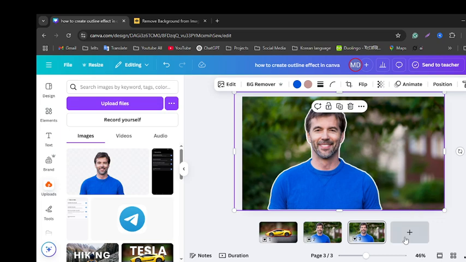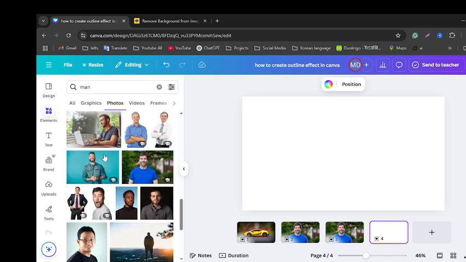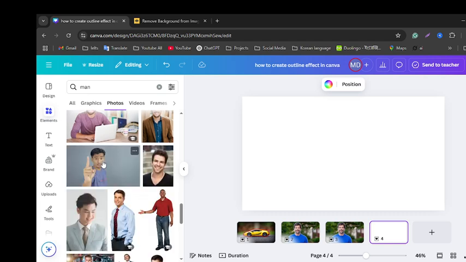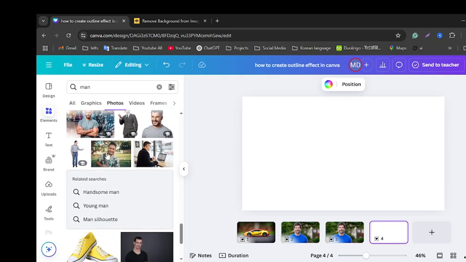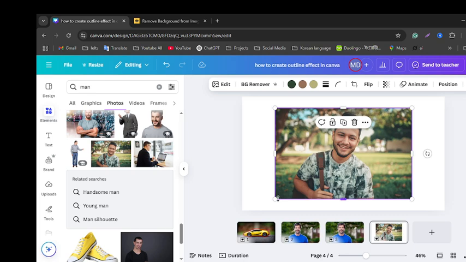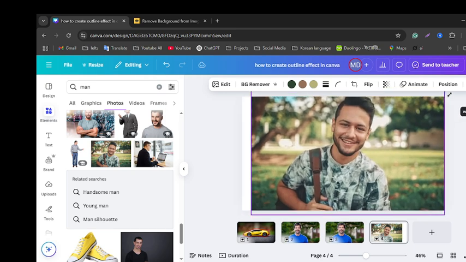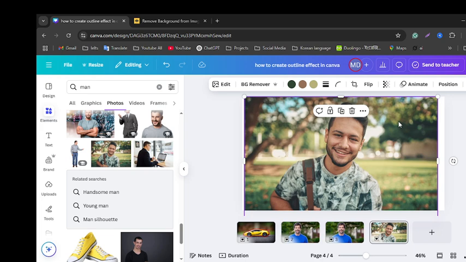Let's create another design. This time I will choose another image. Let's use this one. Adjust image first. This time I will use Canva remove BG option. First of all, duplicate this image,